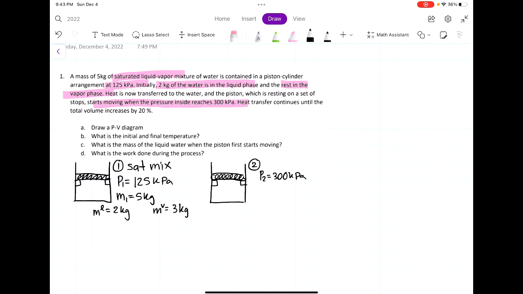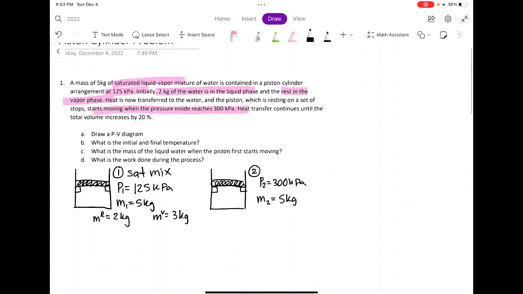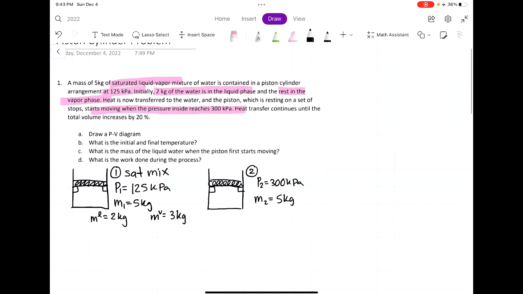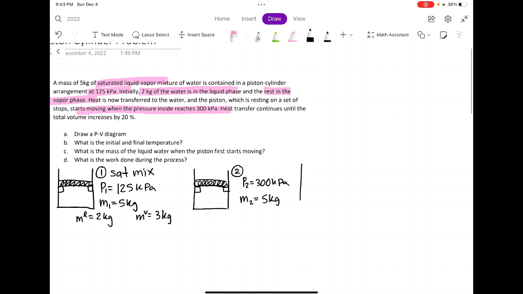Mass, it's a closed system, right? So the mass is still 5 kilograms. Nothing is coming in or out of the piston cylinder. So far, I think that's all we know. And then the third phase,